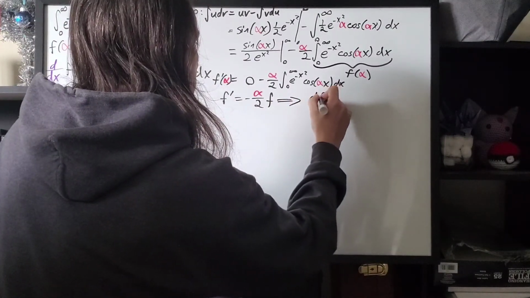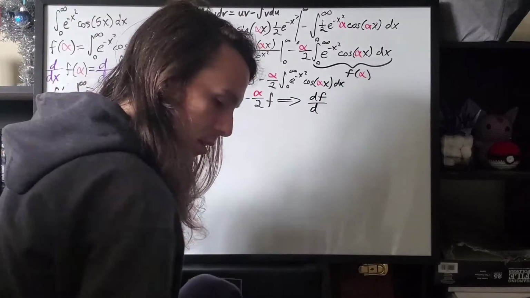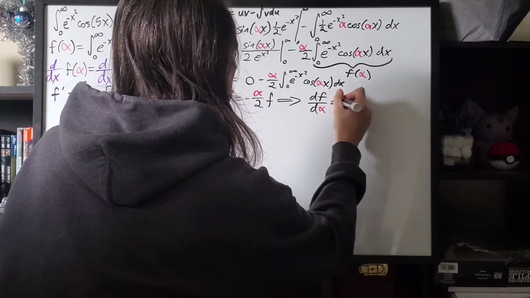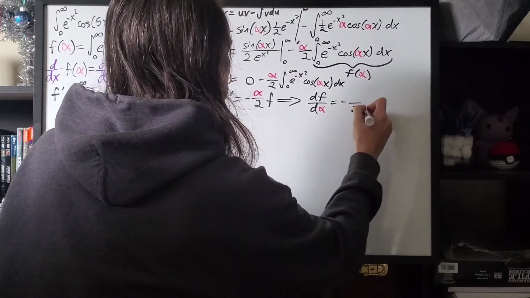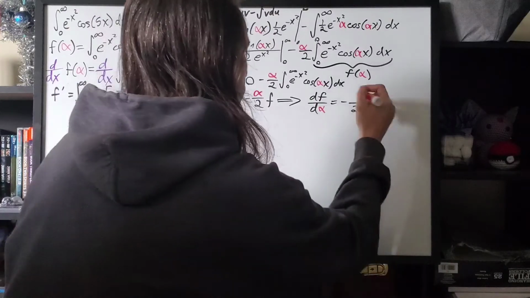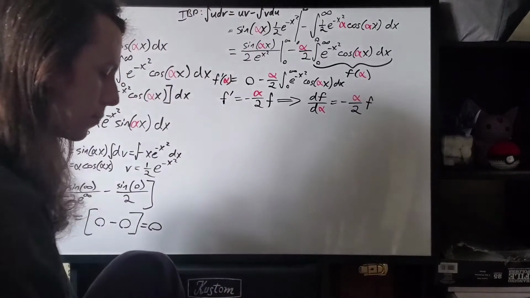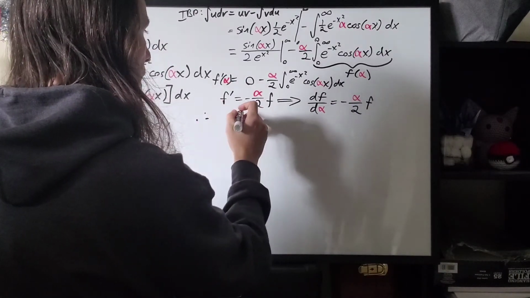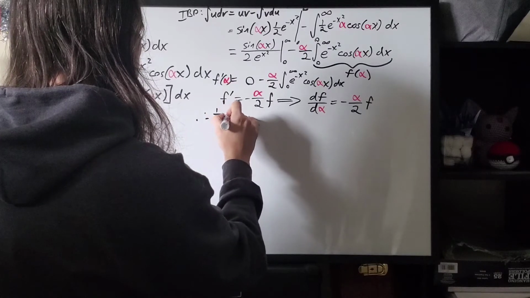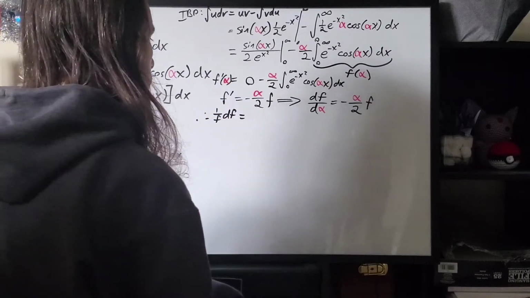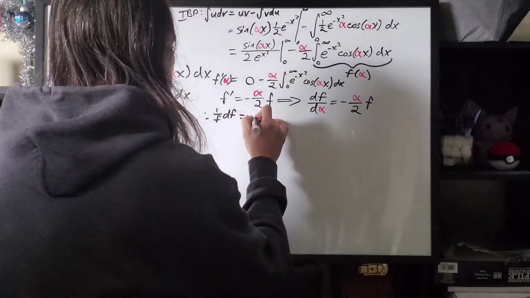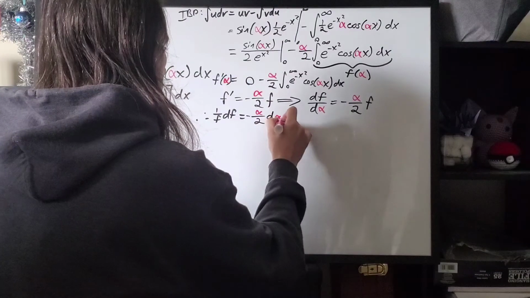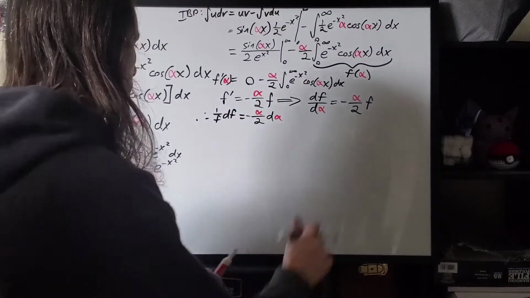So we're going to have df d alpha is equal to negative alpha over 2 f. All right, so let's move things around. Then we have 1 over f df is equal to negative alpha over 2 d alpha. And we can solve this. So integrating both sides,